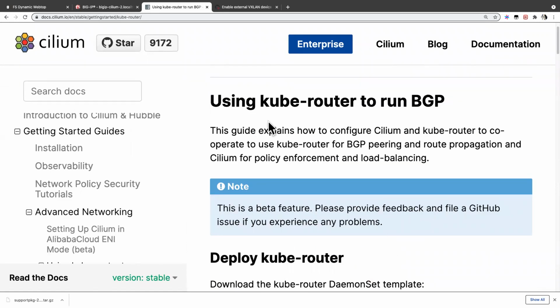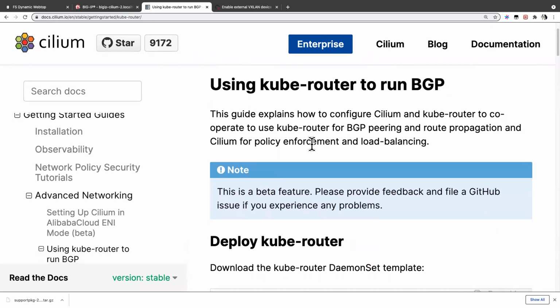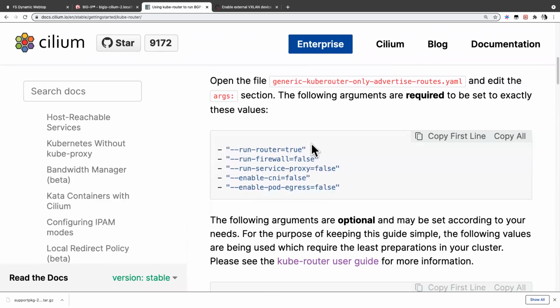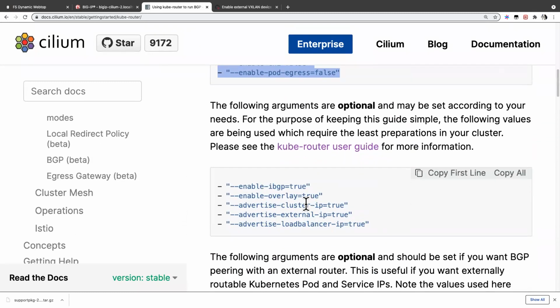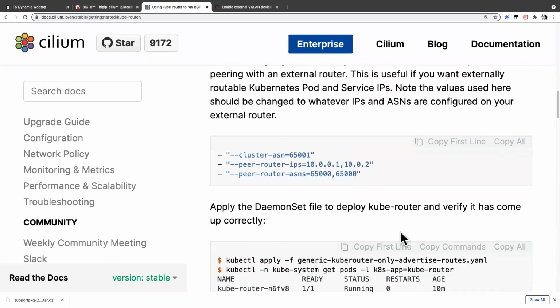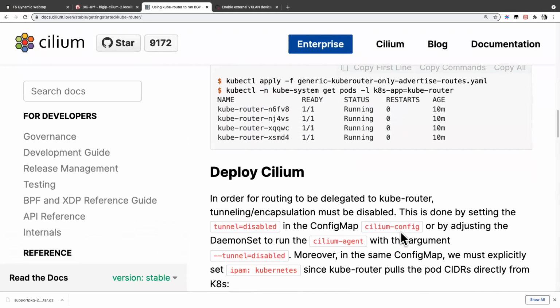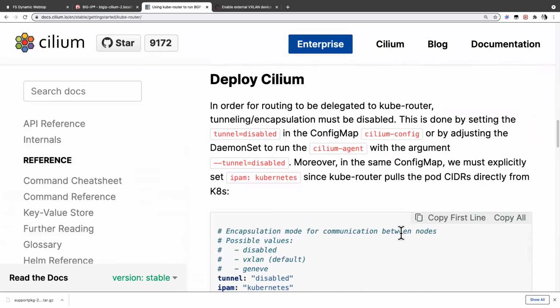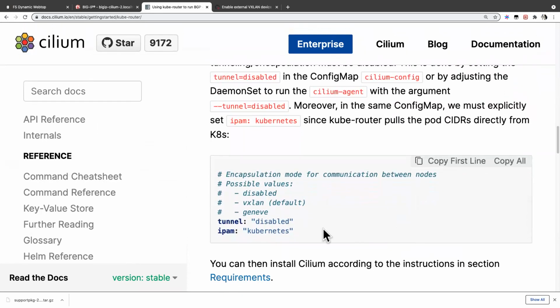This is the documentation from the Cilium project to deploy the Kube-router. You just follow the settings here, and you should have a working Kube-router in the Cilium cluster. So I can show you